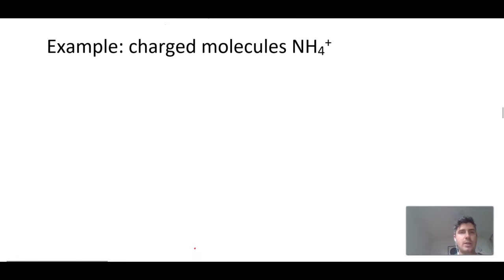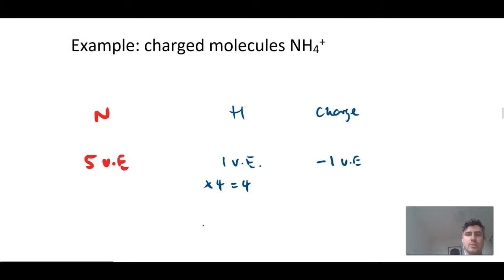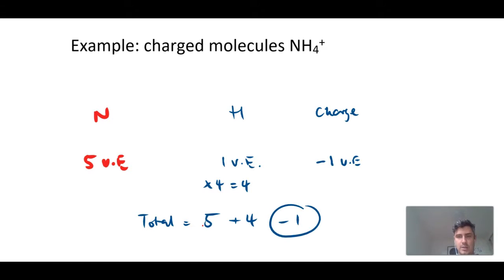And with NH4, we start the same. So N has 5 valence electrons, and H has 1 valence electron, and we have 4 of them. But then we also have the charge, and the charge is minus 1 valence electron. So a total of, I'm just going to do total down there, a total of 5 plus 4 minus 1. The reason it's minus 1 obviously is because plus charge means it's lost an electron. So that gives us a total of 8